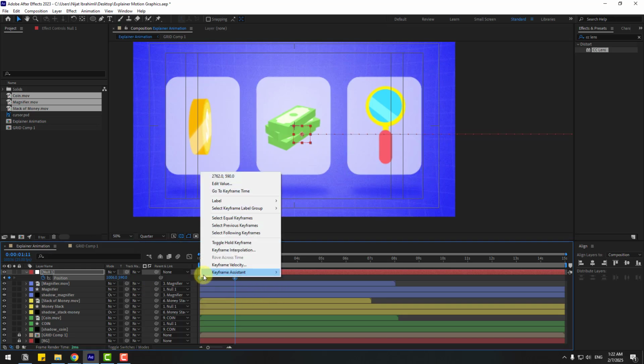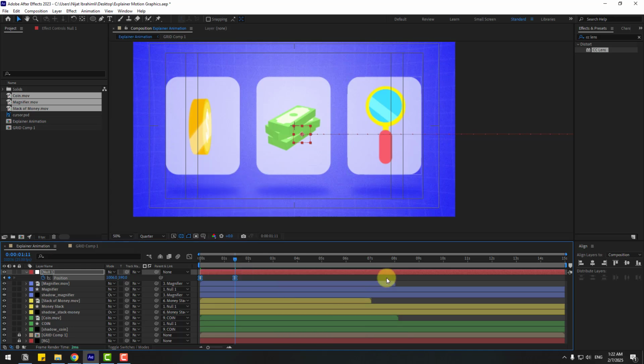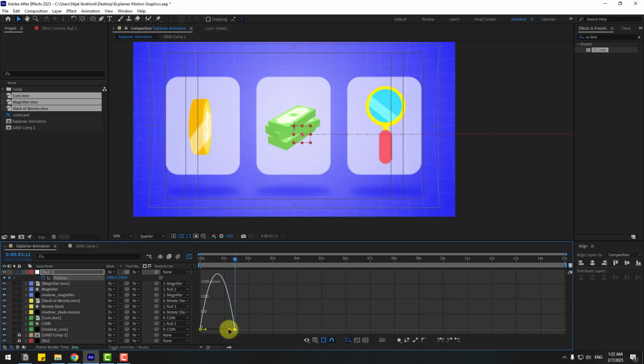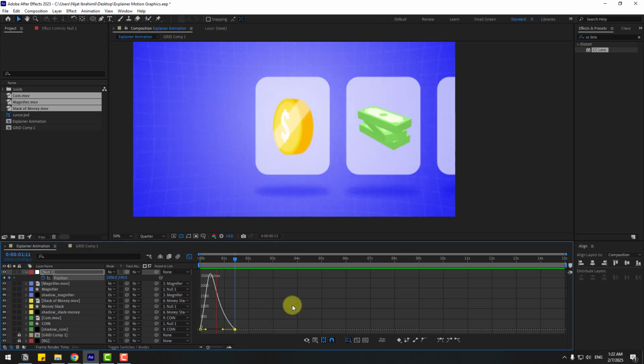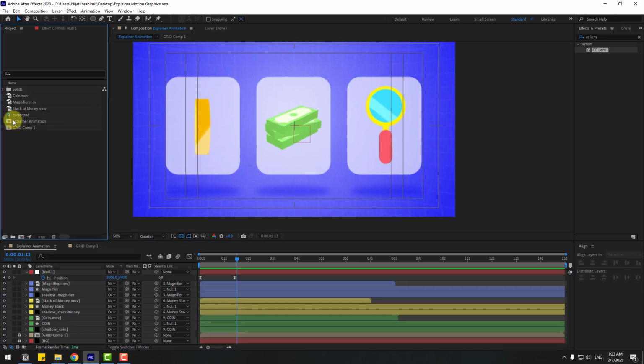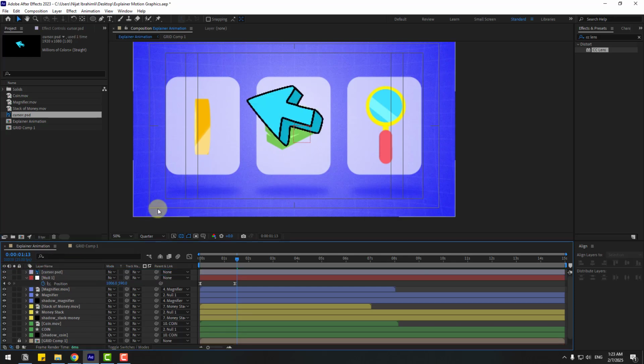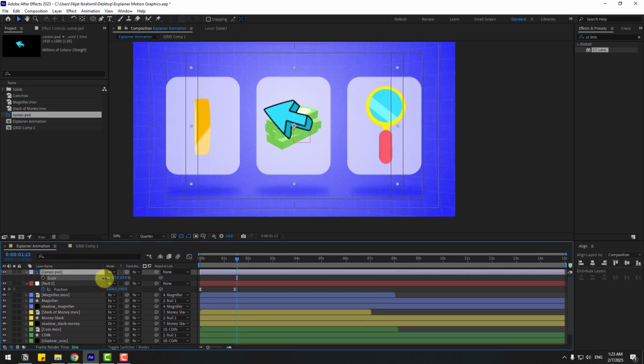And select shape layers, make it easy ease or click F9. Go to graph editor and make it smooth. Go to project and select this cursor. Let's drag and drop into composition. And press S, change scale,